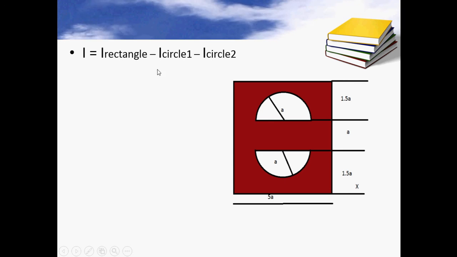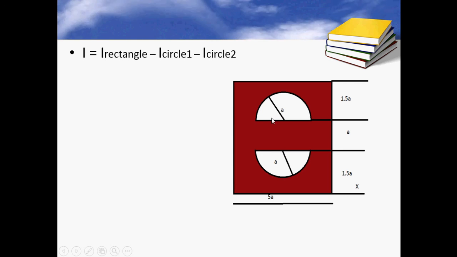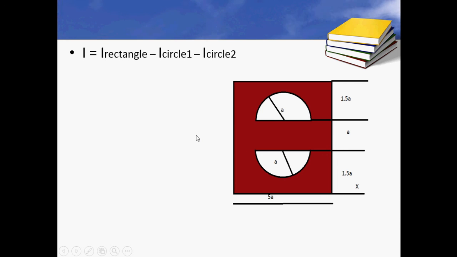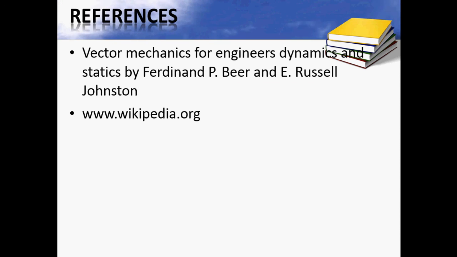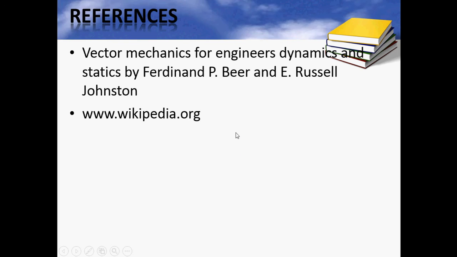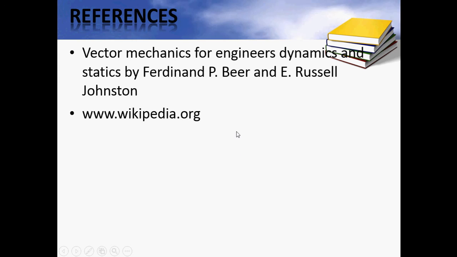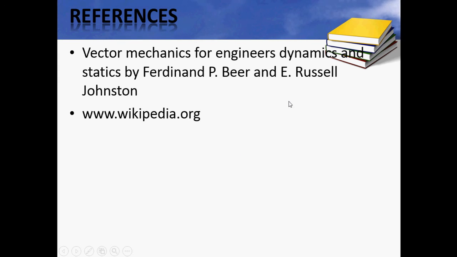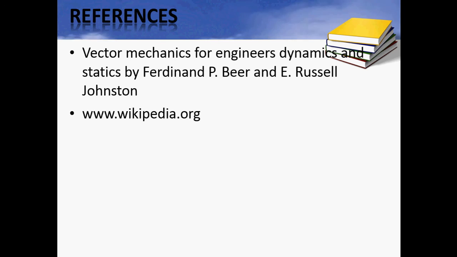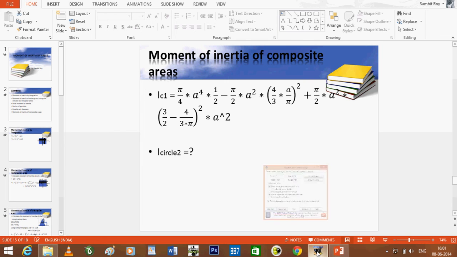So I write I of rectangle. Now consider the negative masses. It is also composed of two negative masses, the negative areas. So we have one negative area, minus I of circle 1, and another negative area, minus I of circle 2. By calculating this, I of rectangle minus I of circle 1 minus I of circle 2, we get the moment of inertia of the figure around the x-axis. So like this, we have